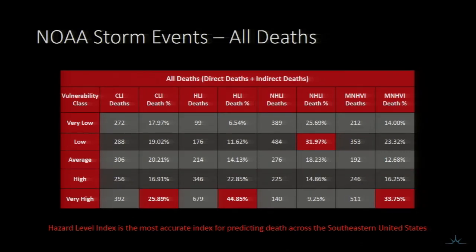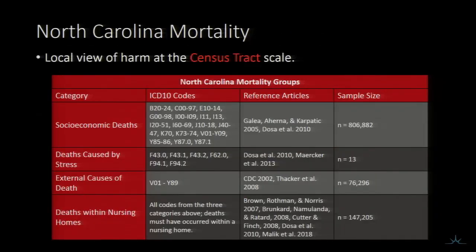This is the same for deaths. However, it is interesting to see that the community level index does drop into being fairly accurate, with about 25% of deaths being predicted by the very high tract in the community level, but it is almost double for the hazard level index. When we subdivide this to the North Carolina death certificates, we've geocoded this and then aggregated them,